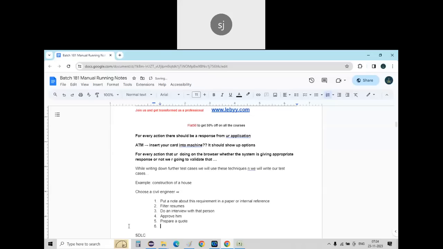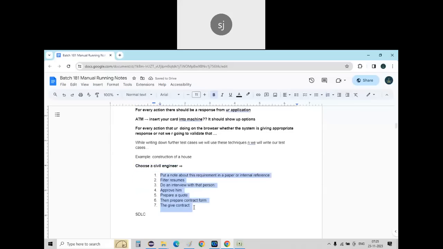Prepare a quote, then prepare a contract form, then give the contract. So, choosing a civil engineer is a simple task, but internally it has multiple activities involved. In a similar way, SDLC has testing as a phase, but internally testing also has multiple activities involved. Those activities we call the STLC,